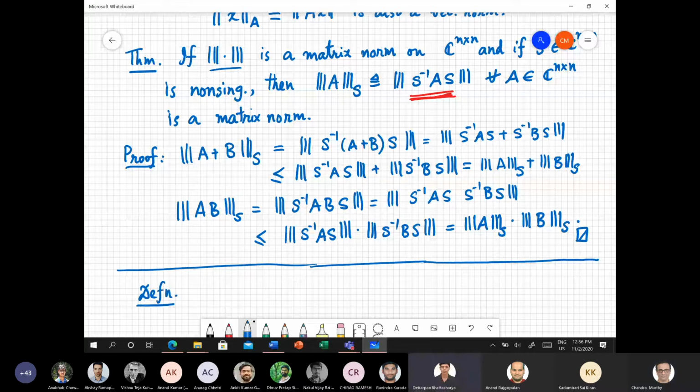Sir, the triangle inequality for matrix norm, how does it hold? It was not mentioned in the properties. Matrix norms satisfy the triangle inequality. That is the definition of a matrix norm. A matrix norm must satisfy non-negativity, positivity, homogeneity, triangle inequality, and submultiplicativity. So basically, a matrix norm satisfies all the properties of the vector norm. In addition, it needs to satisfy one extra property, which is that of submultiplicativity.